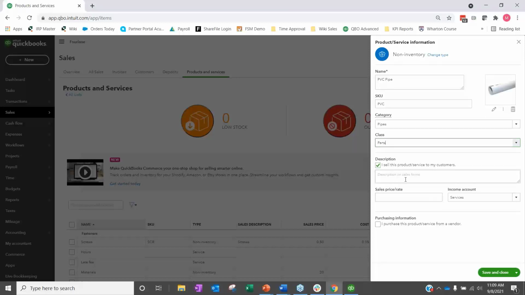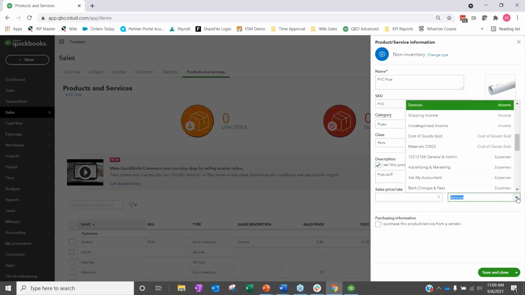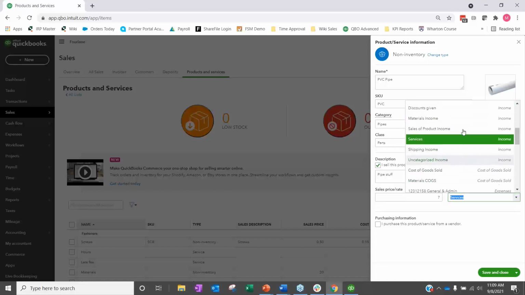Coming down below here, we have description. I'm just going to put pipe stuff. We have a sales price. So this is per one quantity. I heard it was $7. That's what I heard from the pool builders. And then you're going to choose the income account it's going to point towards. So I'm going to go ahead and choose